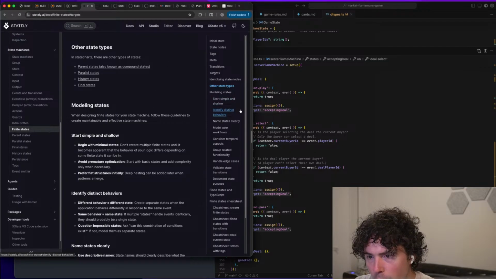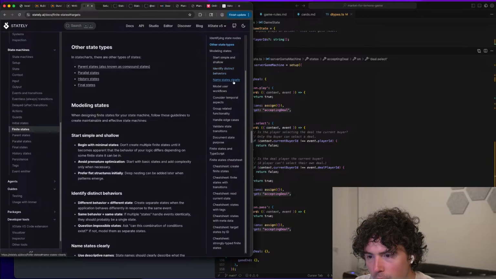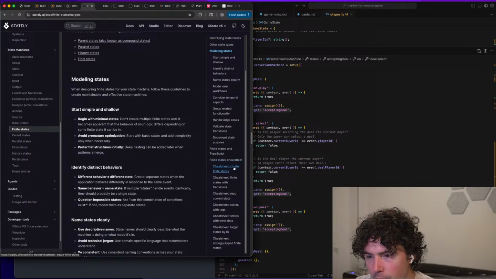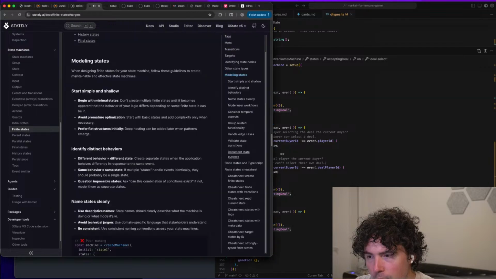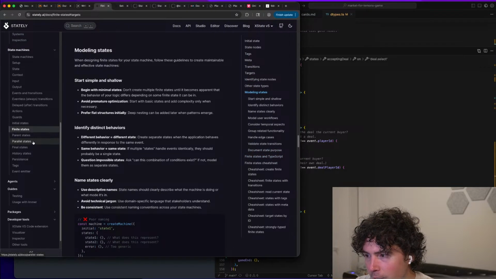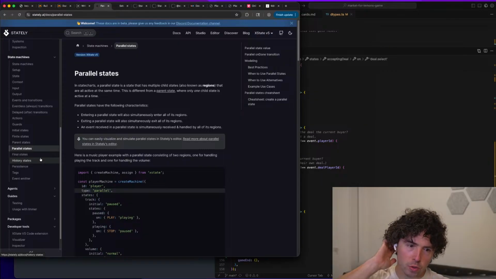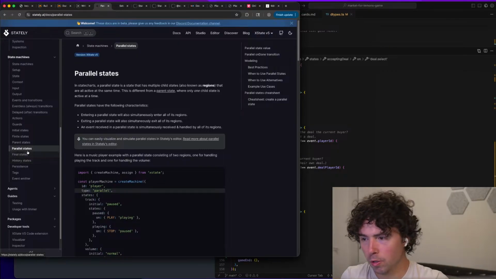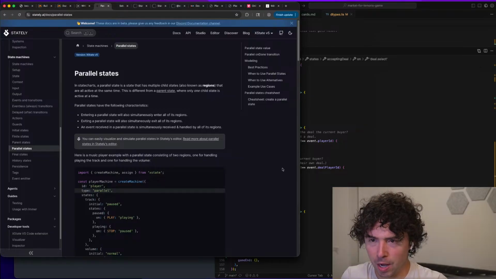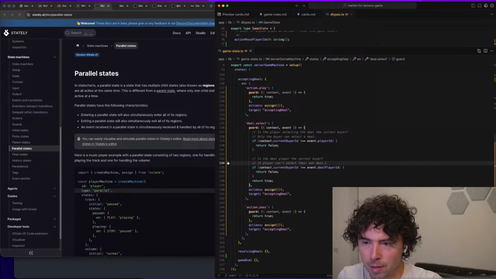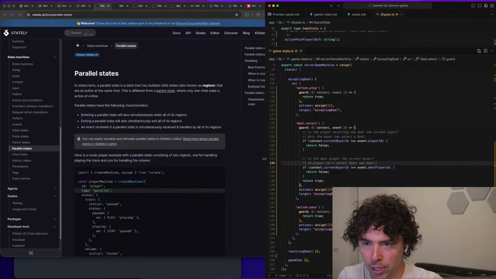Start simple, identity, blah, blah. Finite states cheat sheet. I think I'm still missing how you choose a state, and maybe that's just I'm not modeling this correctly, and maybe we need to break this up into